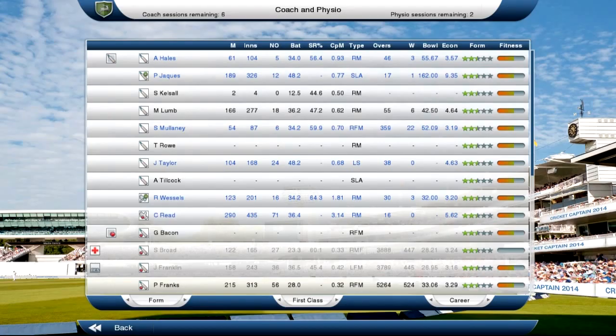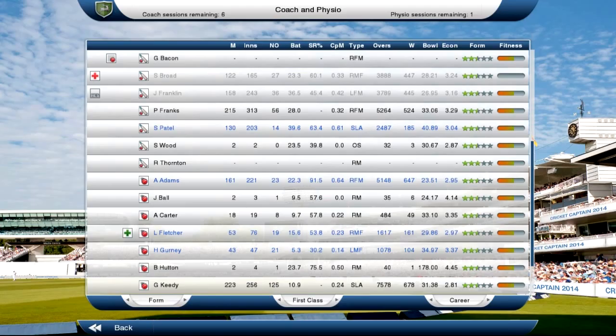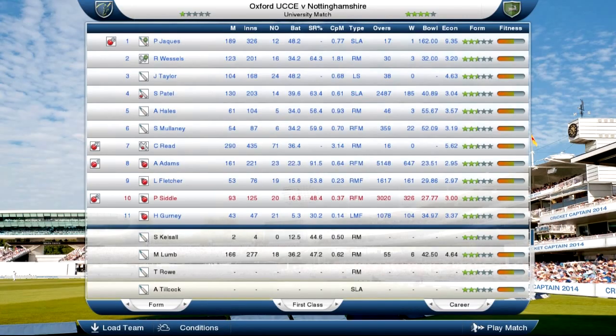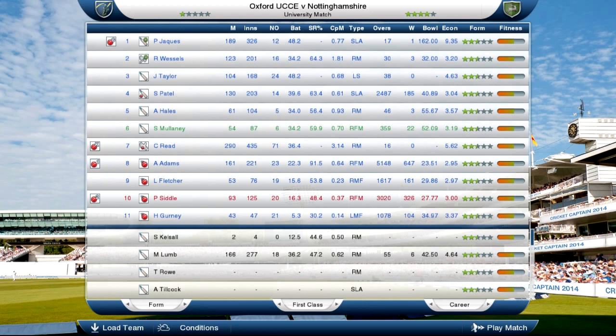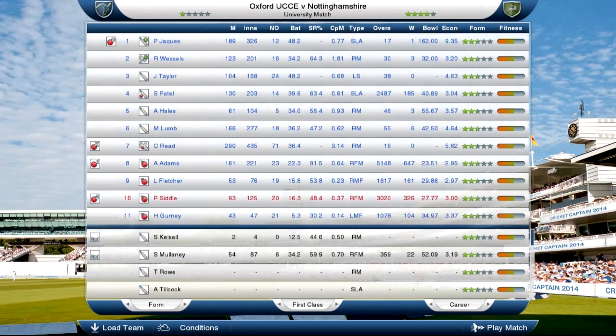Then here you can decide whether you want to give them bowling practice or even change the technique. I've never changed technique, because I think if a guy plays county cricket, or in South Africa provincial cricket, then at least he has abundant skills. So I've never done it. I've given them practice, because that helps their stats and their form to increase, and so does playing matches and doing well. So the decisions you make can change how well their form is. I mean, you can break a player by just